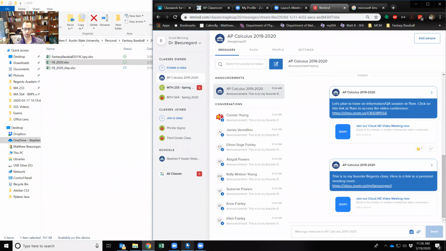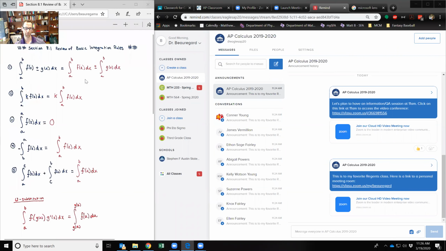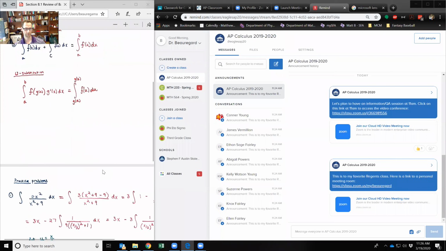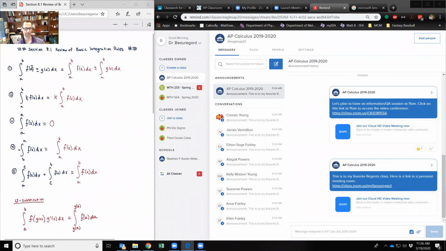So now this is something that's kind of cool. I'm going to show you section 8.1. So this is the lecture notes for 8.1. That's it. 8.1 is a review of your basic integration rules. The integration of a sum, integration with a constant, you know, that kind of stuff. What's cool is that what I'll end up doing, I don't have my tablet right now, but I'll pretend this is my tablet. I can immediately start annotating